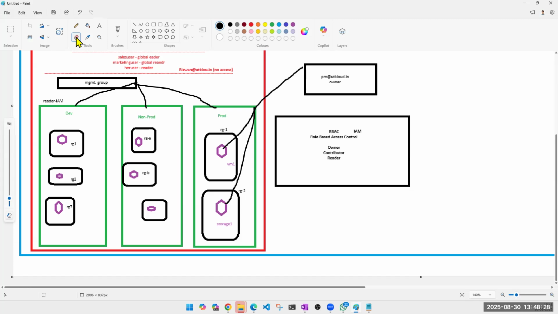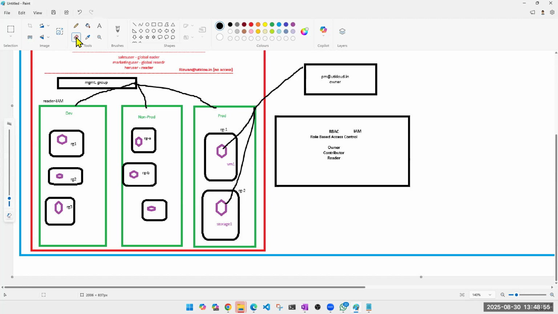Yes. Okay. Any different answer? Anyone thinks differently? Anyone, guys? Or all of you are agreeing with Ubaid and Rizwan that I don't have to do anything, just add him as a contributor to resource group 1. All agreeing to the same? I'll take that as a yes. Which is the correct answer, guys.